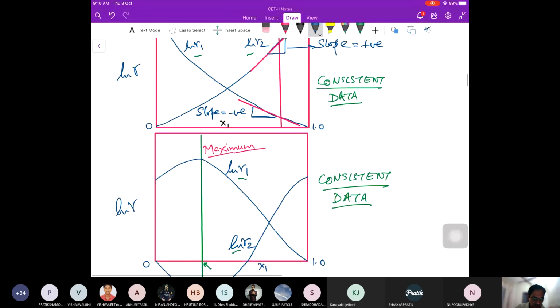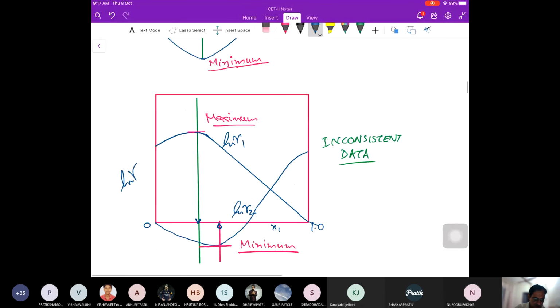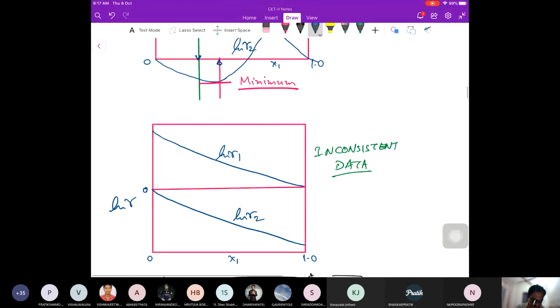Okay, so we have seen that the slope should have opposite signs. Here it was positive, here it was negative. Now if you look at this data, what are the slopes like? Ln gamma versus x1. If you draw the slope at any point,